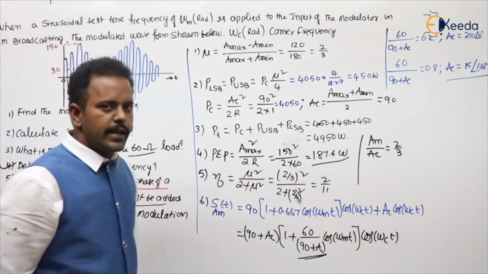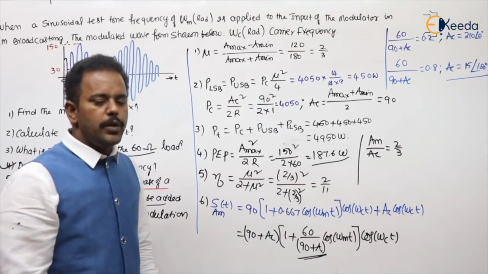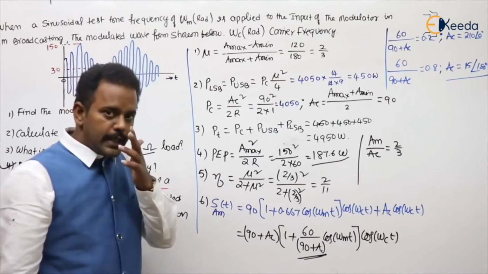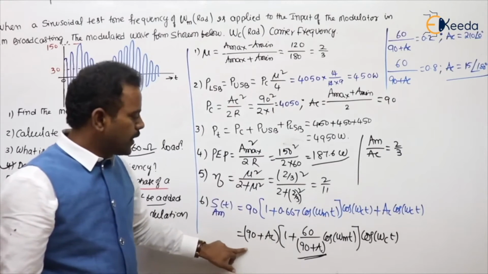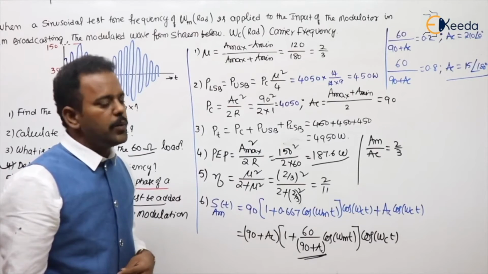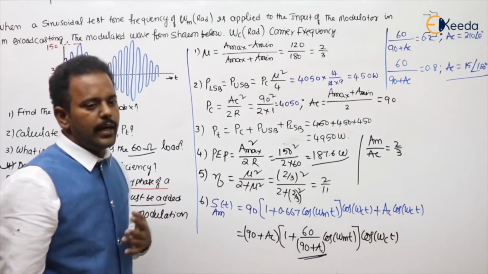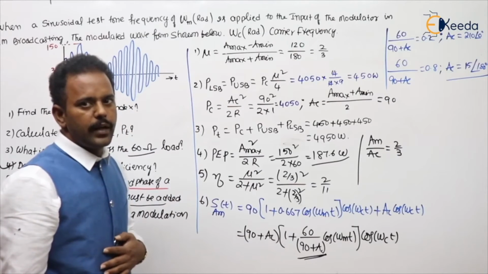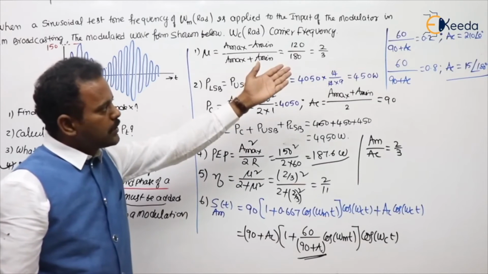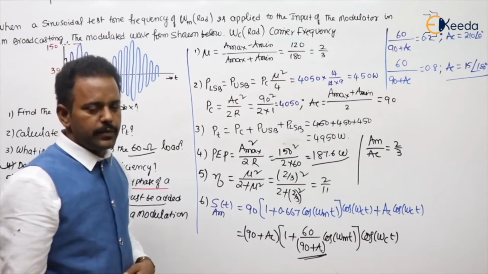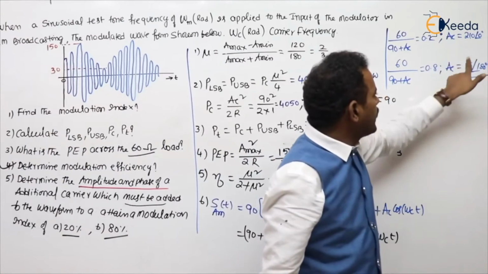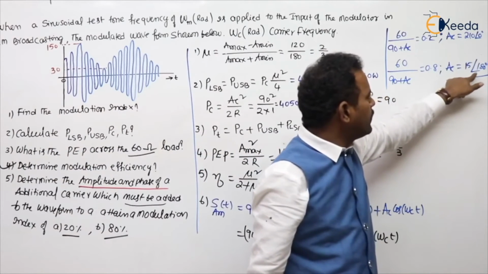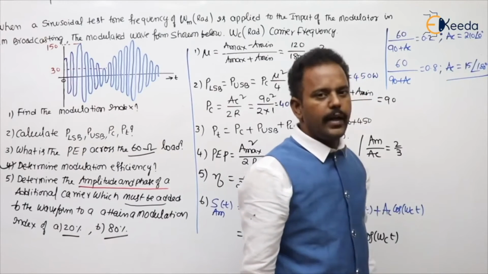The last problem is asking what is the additional carrier you need to add, and what is the carrier amplitude and phase, to get the modulation indices of 0.2 and 0.8, 20 and 80%. Are you getting my point or not? You got 210 as well as 15. Here 210 and no phase, so 0 degree. Here minus 15 will come, so it is 180 degrees, I wrote with the minus.